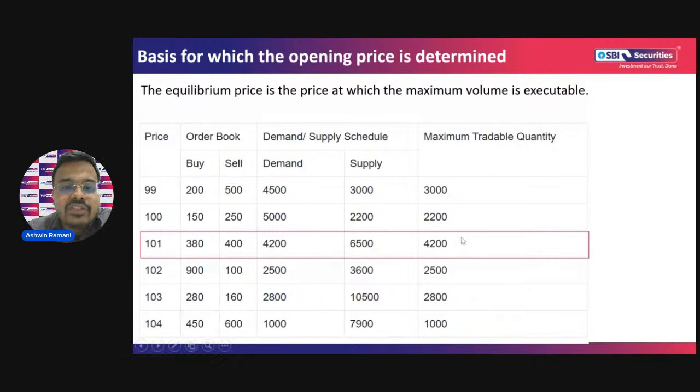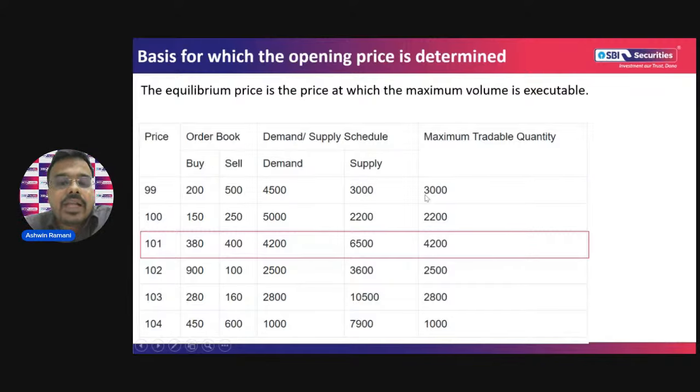Now look at this chart on my screen. You can see these are the prices here. आप देख सकते हो डिमांड. This is your order book. This is your 200 buy orders, 500 sell orders. This is your quantities. 4500 quantities का डिमांड है, 3000 quantities का सप्लाई है. क्योंकि डिमांड 4500 है, सप्लाई सिर्फ 3000 है, the maximum tradable quantity is 3000 here, the one that we discussed